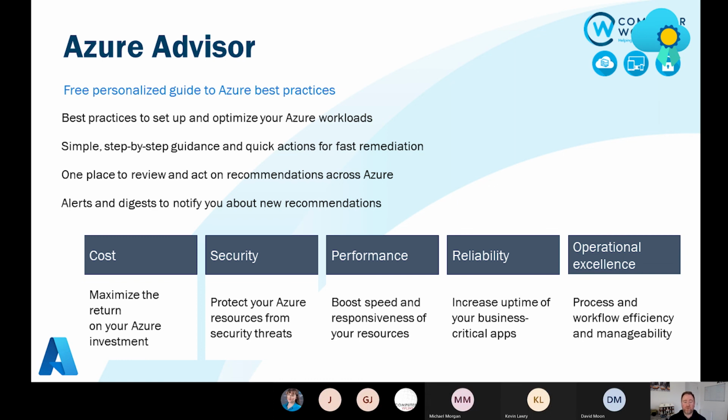So Azure Advisor is really good for once you've got your workloads in there, for actually telling you how your environment needs to work, what you need to do to make it optimal. Security is another important one, to make sure you've mitigated all your security risks. You get things like Azure Security Score. There's lots of value in Azure Defender. That's a paid for service, but there's lots of value in that as well when it comes to integration with Azure Advisor. Performance, again, lots of performance metrics, logs, and things you can use in Azure to give you real insights